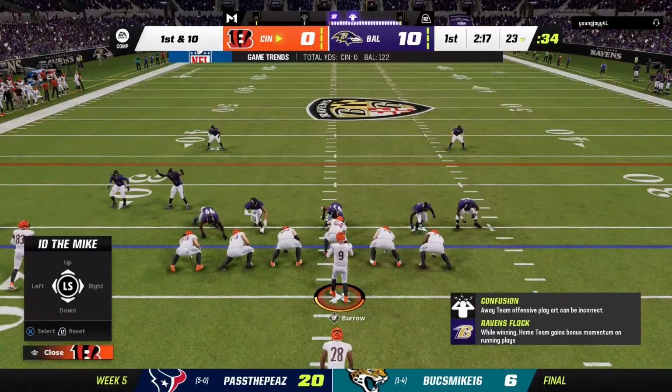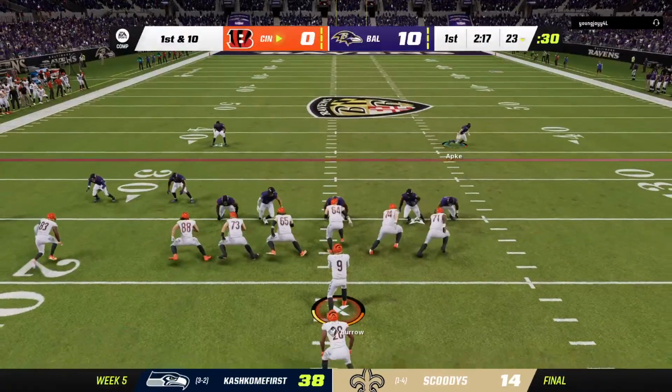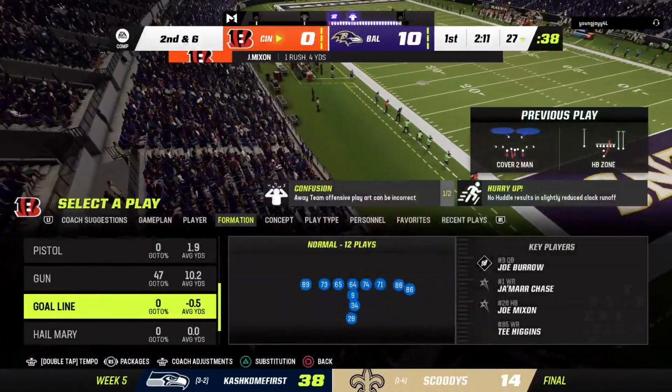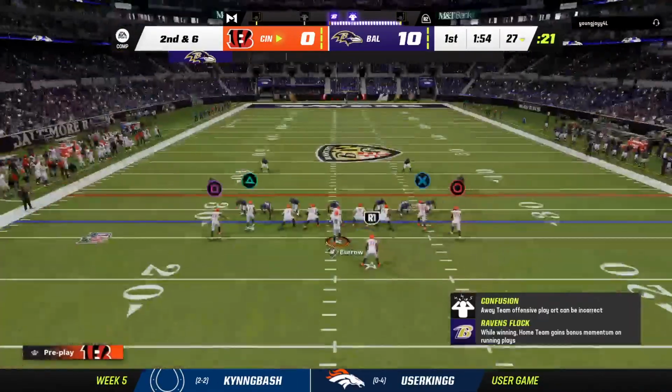Here we go. The Bengals drive about to get going. They'll look to get something started. They need to, down 10-0 early, as they've got it 1st and 10. And he'll take this ahead for about 4. 2nd down coming up. Well, at the end of all that hitting and hollering, it was a 4-yard run, so